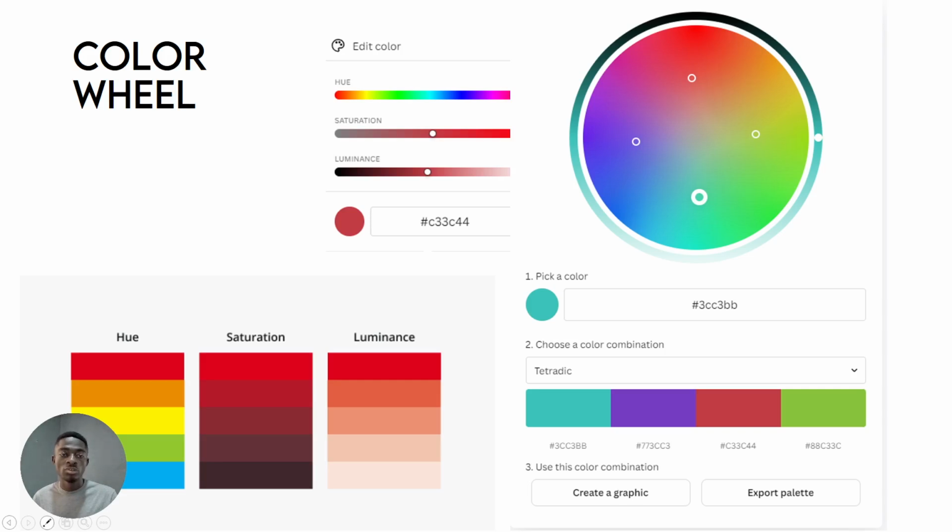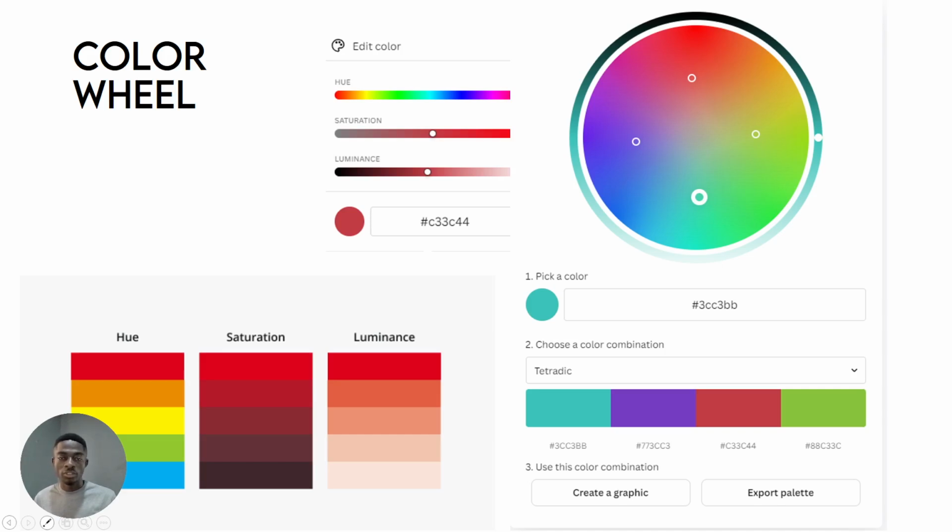In this one, we are not looking at pigment. We are looking at colors of light, and so we are looking at the different values of the color. With saturation, you are looking at how saturated, how red can it get, how black can it get. Saturation ranges from black to how colorful that color can get. So if I pick green, very desaturated green will be black, and very saturated green will be very green. And then we have